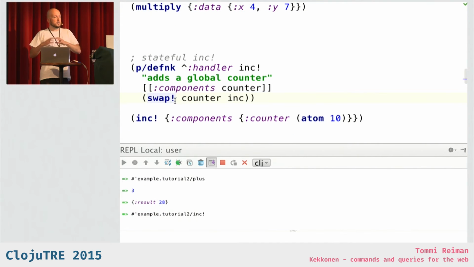We can add a state there, so that now everybody is just consuming one map, and into the map you can put your components, your system, your global state. Here I have a counter, and when I increment that,